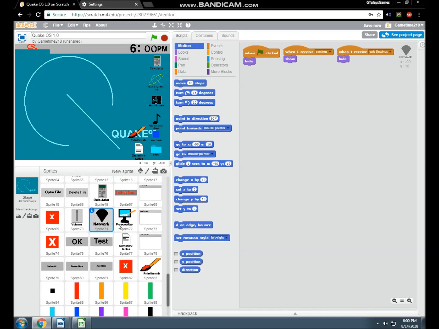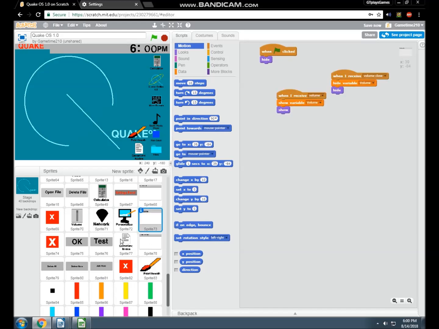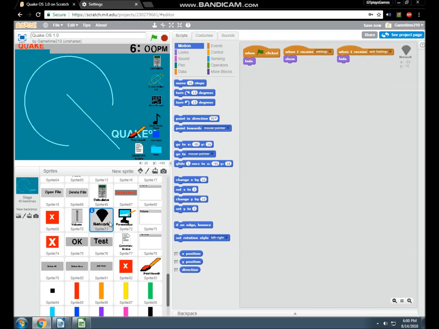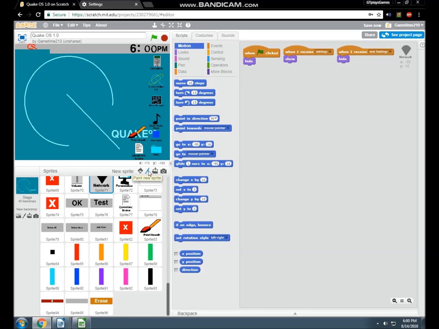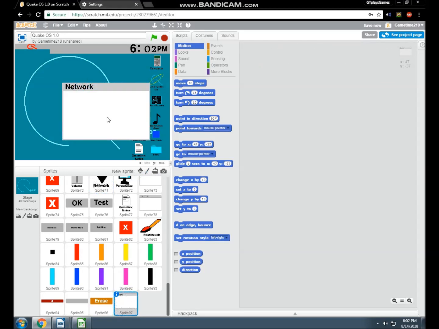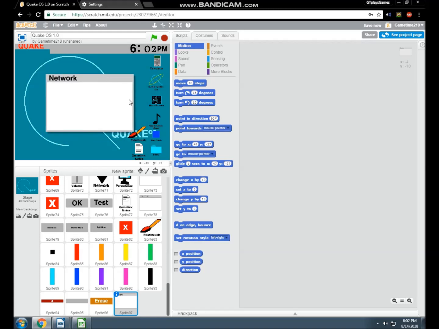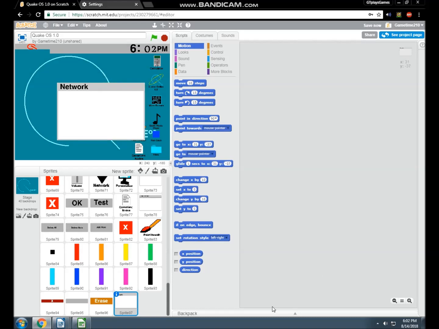Okay, so now we must first start off on making a window for this. As you can see, my volume section has a window like here, but we want to do the same thing for network. So what I'm quickly gonna do, I'm just gonna design a little bit of a progress update. I have built the window for the network section of settings. And so now what we want to do, we want this to show by itself.